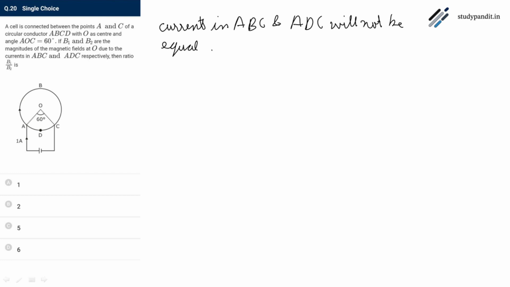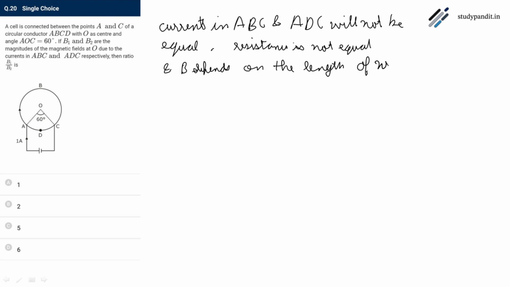So resistance is not equal and B depends on the length